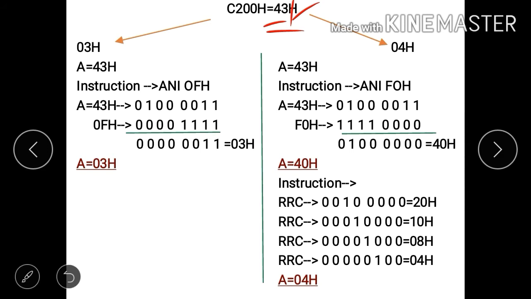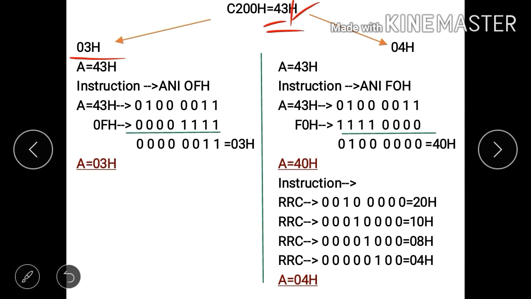So in this example, 43H MSB mask off results in 03H. If we perform LSB mask off, it means the least significant bit is converted into 0. So in this example, 43H LSB mask off results in 40H.